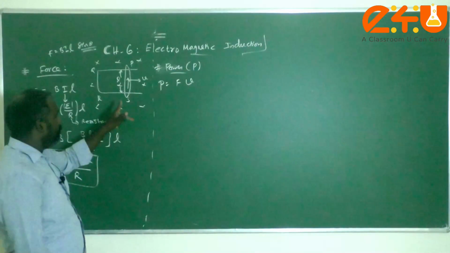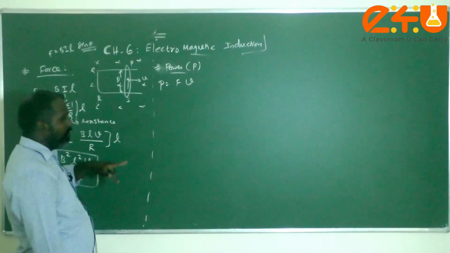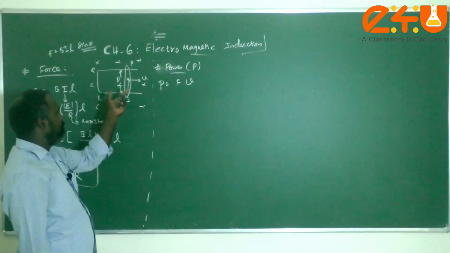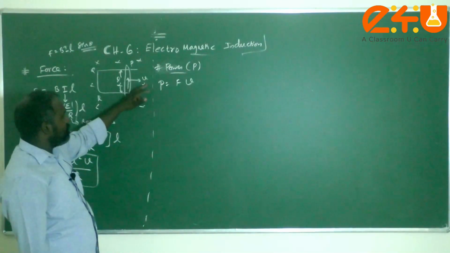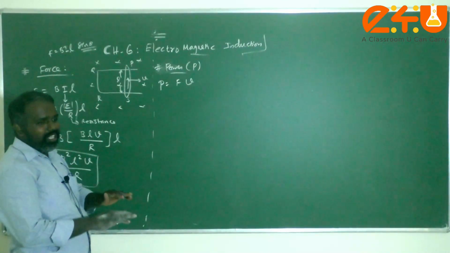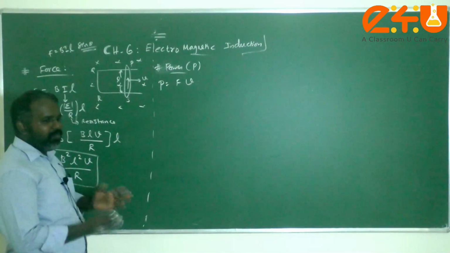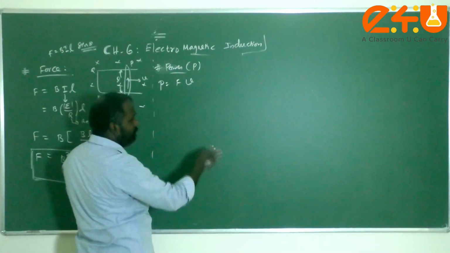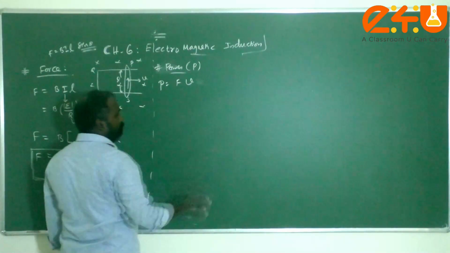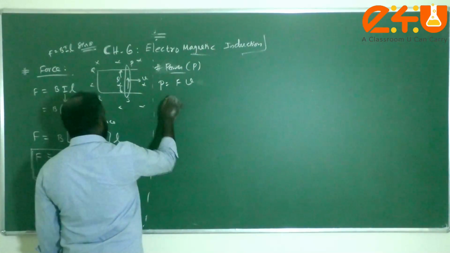Because if you want to find out the direction of the force, you just use Fleming's left hand rule. As current is like this, field is inward, current is like this. So in this case, either the velocity and the force theta has to be 180 degrees or 0 degrees. Anyway, the magnitude will be plus 1 only. Therefore, the cos theta magnitude will be plus 1 in this case. Okay. Therefore, this F is there.